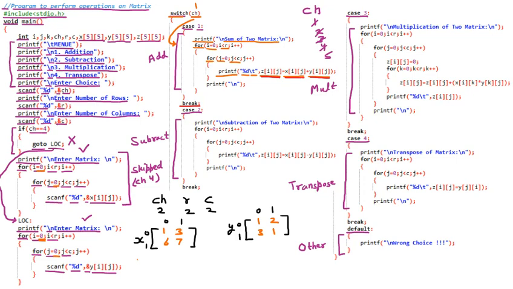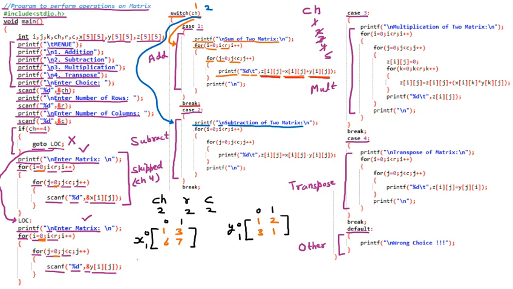Now we are going to perform the operation on these particular matrices. So these two matrices are taken, and if the case is 2, what will happen? It will not go to case 1, it will directly go to case 2, that is for the subtraction. In this case 2 of subtraction, we will print on the screen new line subtraction of two matrices. So on the user screen there is a message subtraction of two matrices.